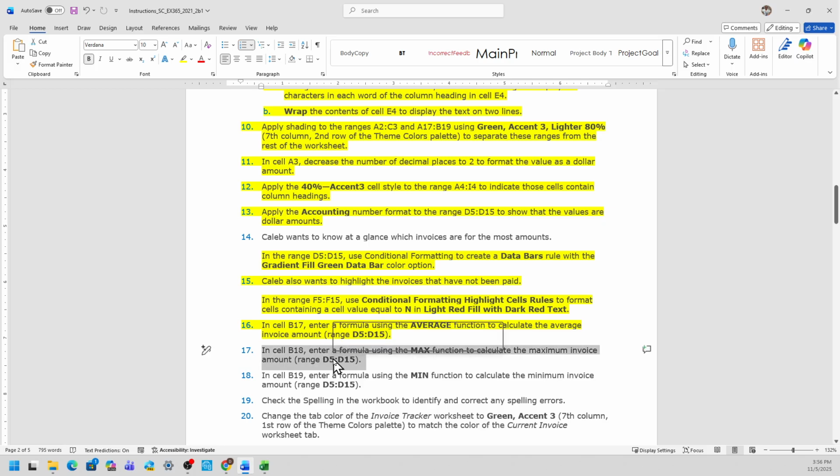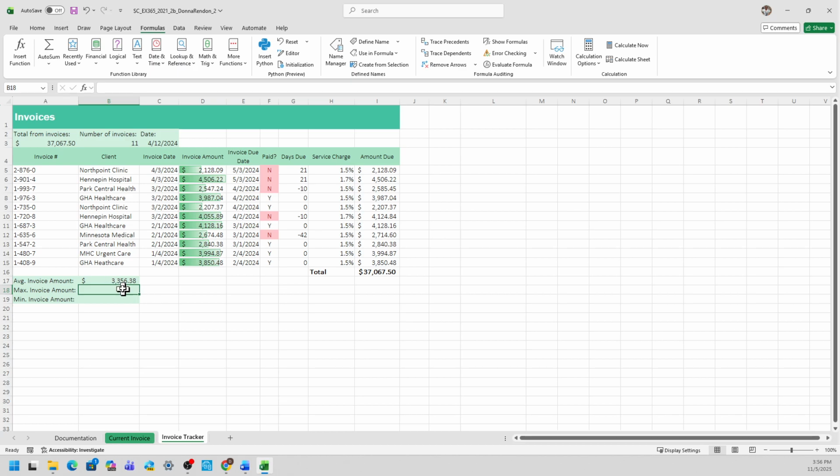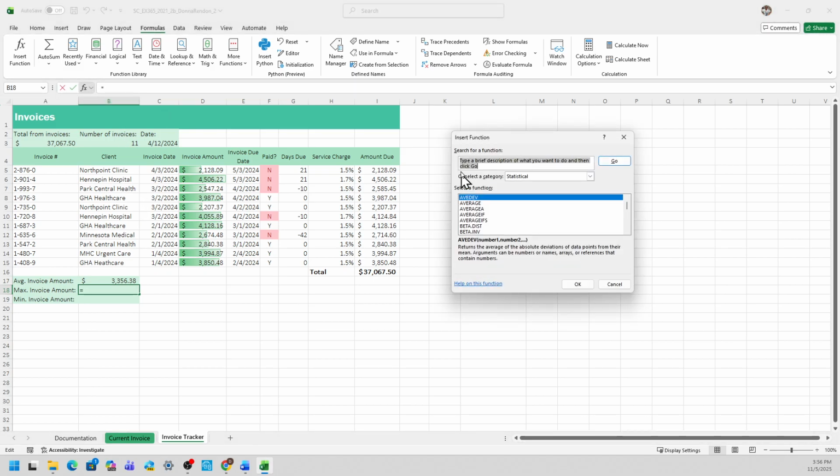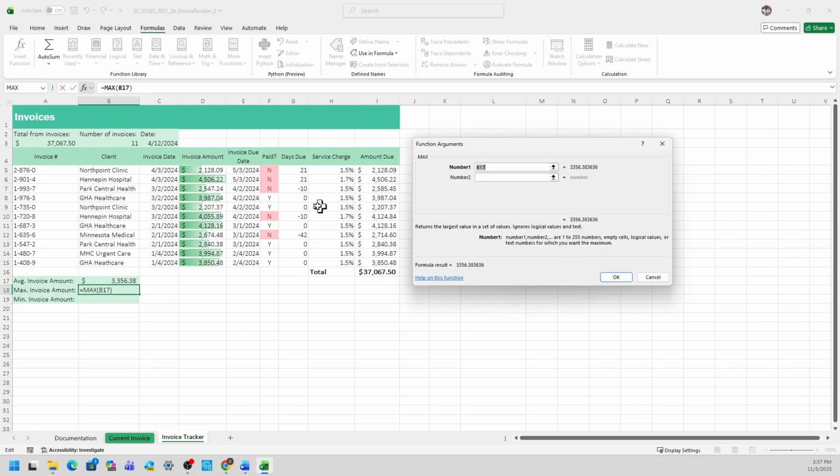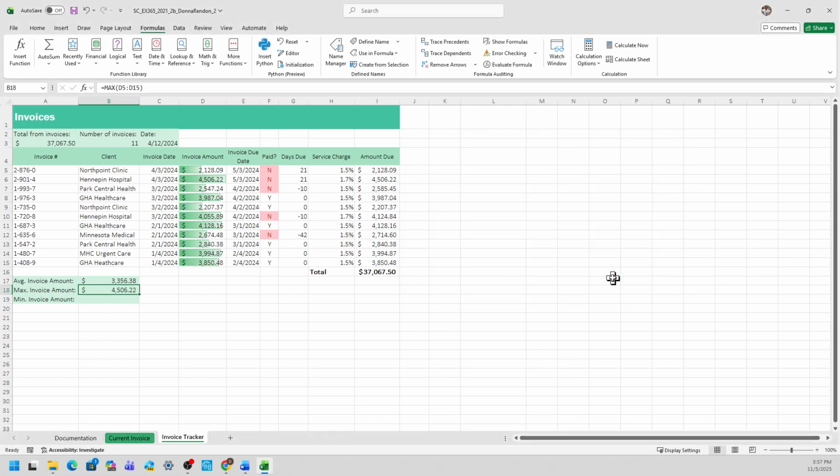So select the cell B18, and this time we're going to look for the maximum formula. Okay, back to the start file. I'm on B18. The other way is this time we can use the insert function. That's the other way you can find this, because otherwise I'll show you later what's easier. Okay, so here we can type max, right? Max, click OK, and then it will tell me the max formula here. And then just select the D5 to D15, click OK.